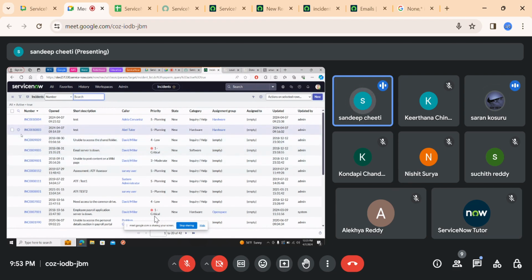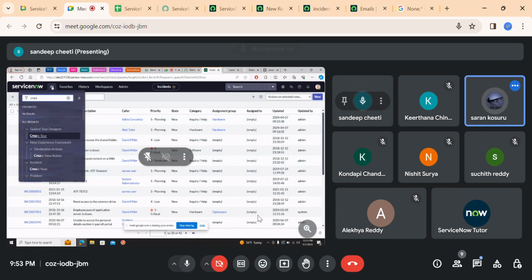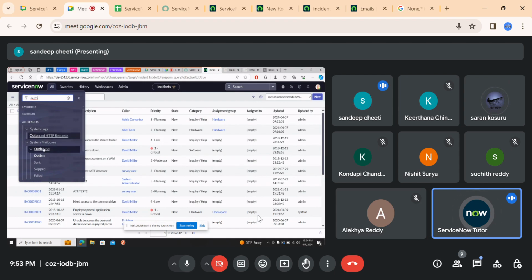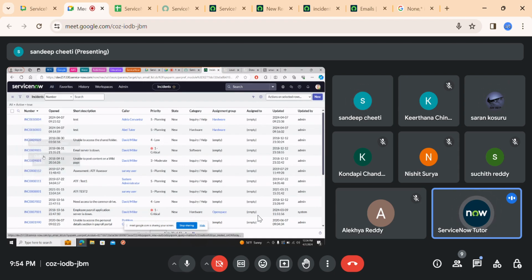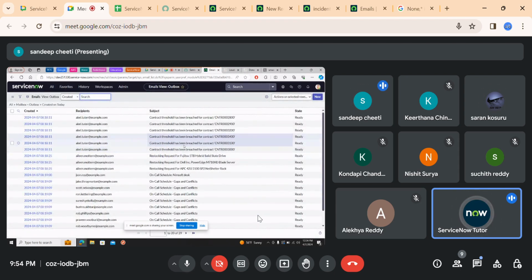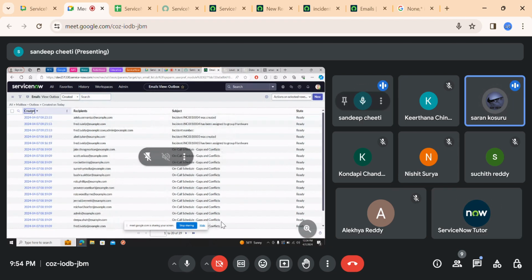One zero zero four. Okay. What kind of updates will we get in Outbox? Which user makes changes on that particular incident, or do we have any check? Outbox is where we see to whom that particular notification is sent. The email is sent. Yeah, but when we click on update also.